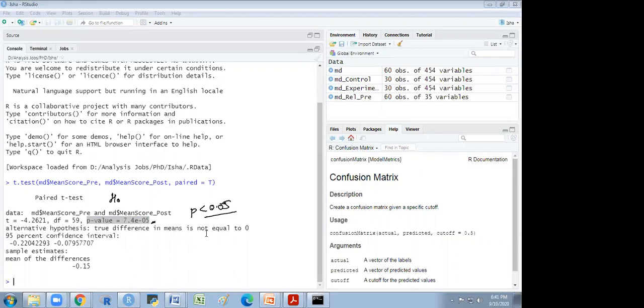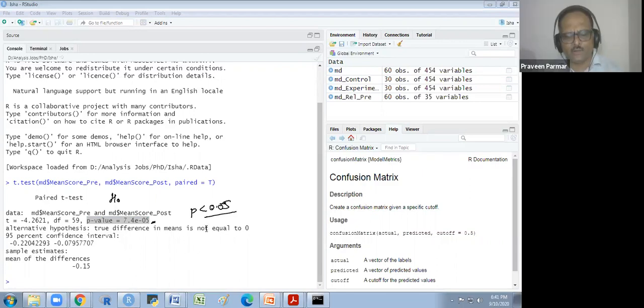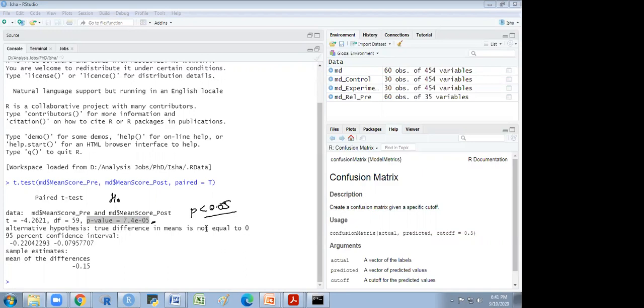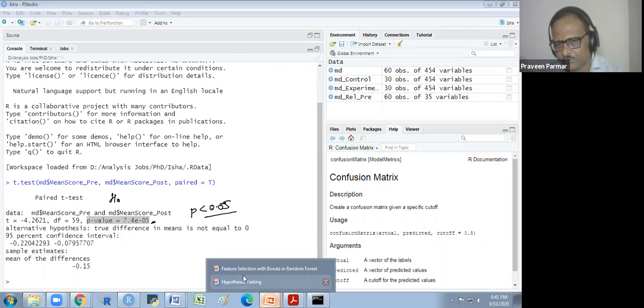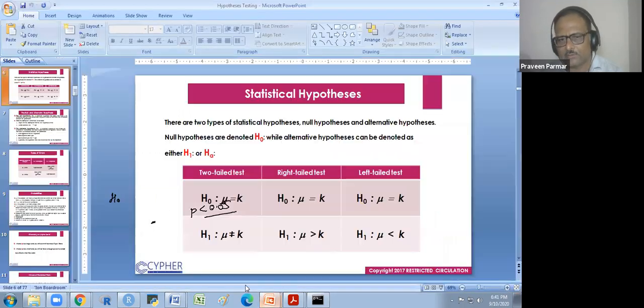Sir, what is a t-test actually? A t-test we conduct between two samples or a single sample also. I will explain each and every type of test here in this session. We have it in the script. I will explain each and every one, but not in between. There is a t-test, G-test, chi-square test. Every test I will explain.